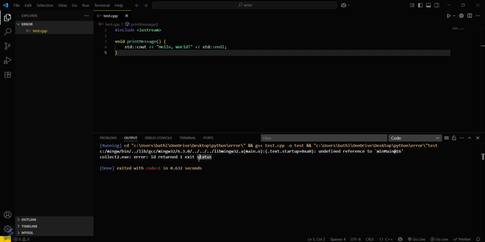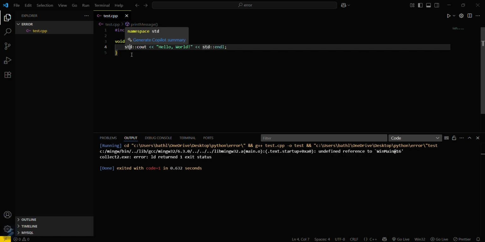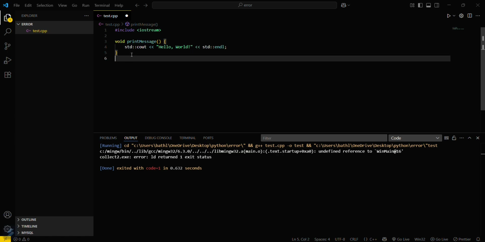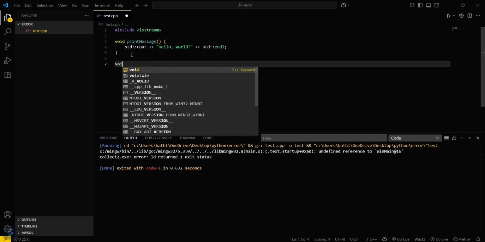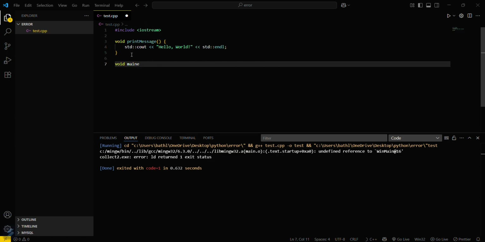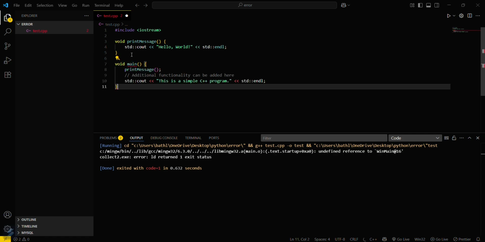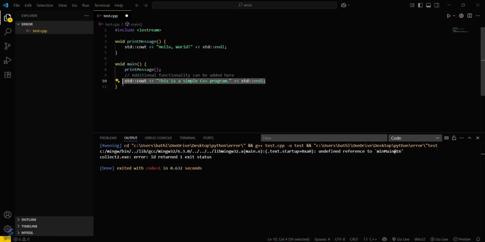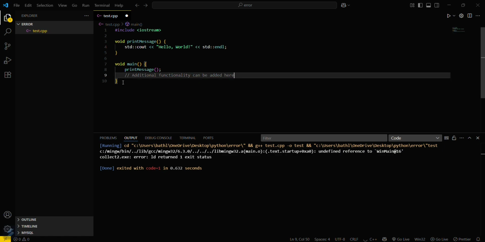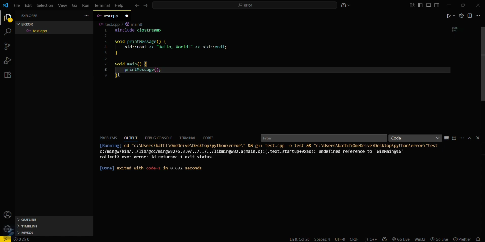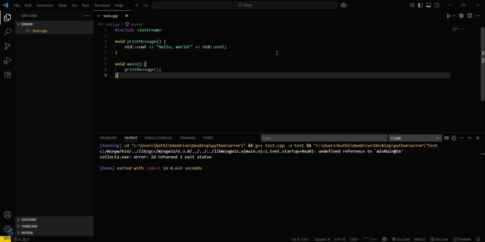Okay, now let me tell you the reason that we are getting this error. We have not defined our main function here, that is void main. Okay, we don't need this one. We will just call this function. We can also remove this. We can just simply call this function and this will return hello world. Just save this one